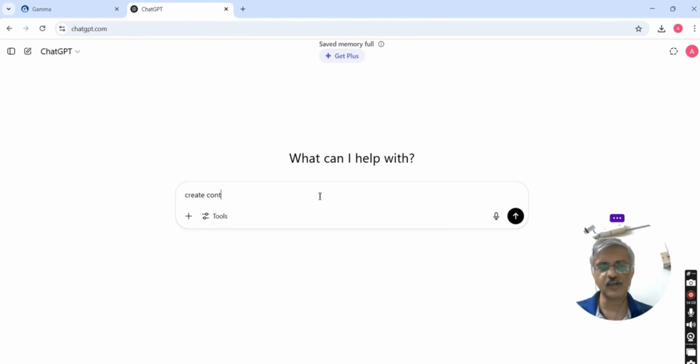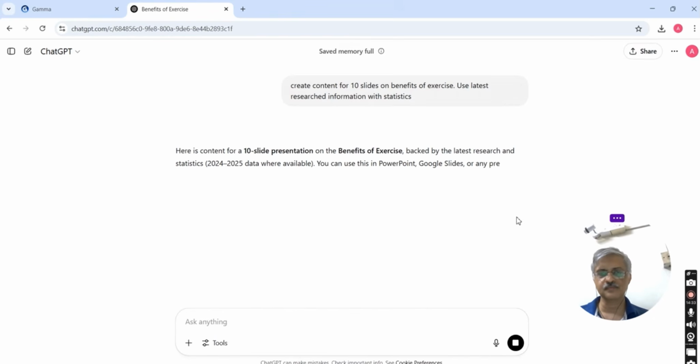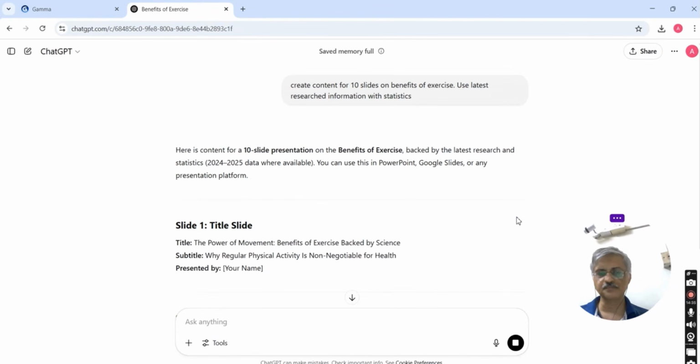Create content for 10 slides on benefits of exercise. Use latest research information with statistics. Okay, it's creating here.